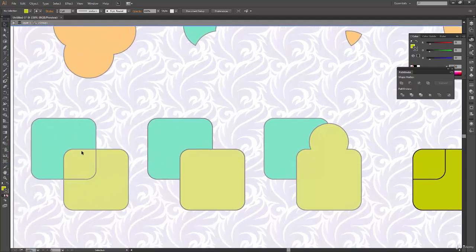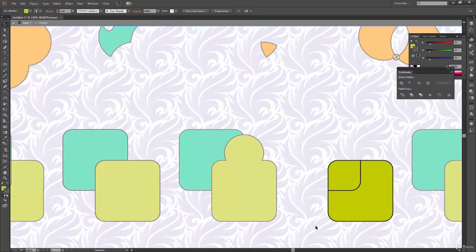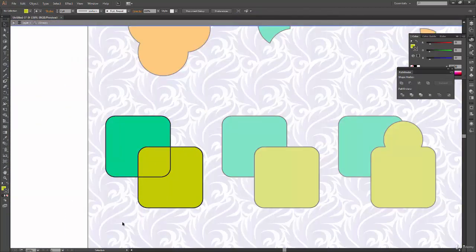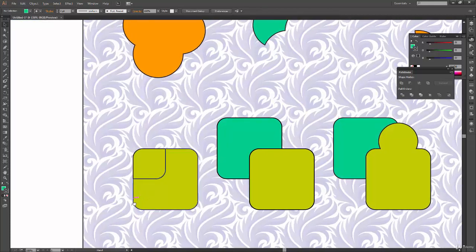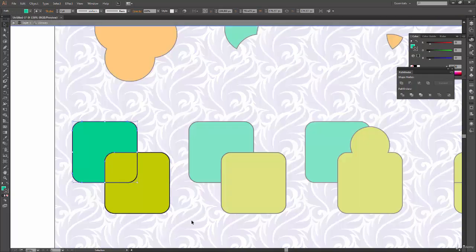So yeah, it is a kind of divide, but this time my shape which was on the back is removed. So yeah, you can do the same thing with divide also. I mean, you have your divide operation over here. So just go into isolation mode, delete the backmost part or the back object, and here you have your result, which you will get using your crop option or crop operation.